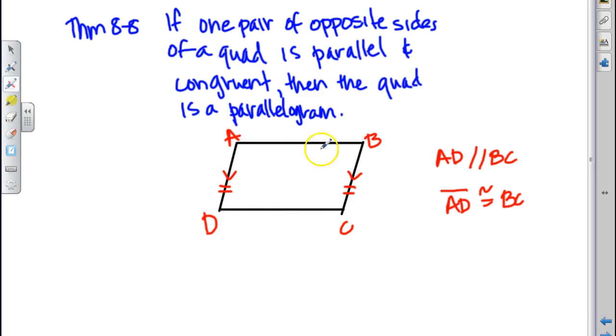So the equal in measure forces these two to be parallel to each other, doesn't it? Because they have to be the same distance apart. These guys have to be the same distance apart, which forces them to be parallel. All right,